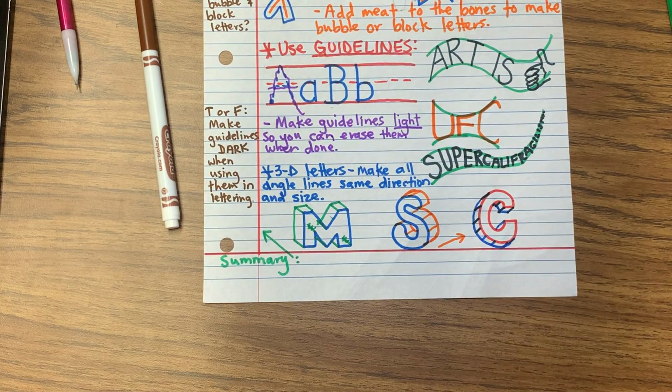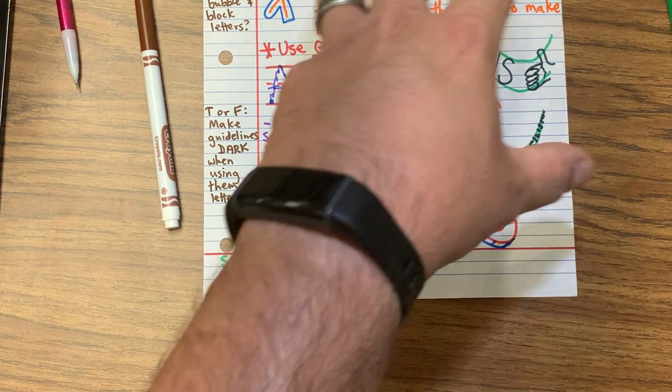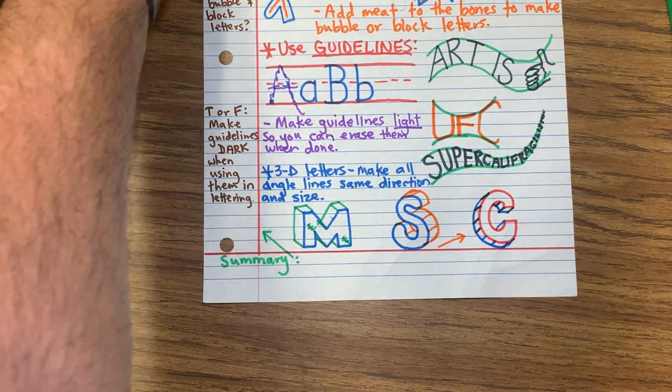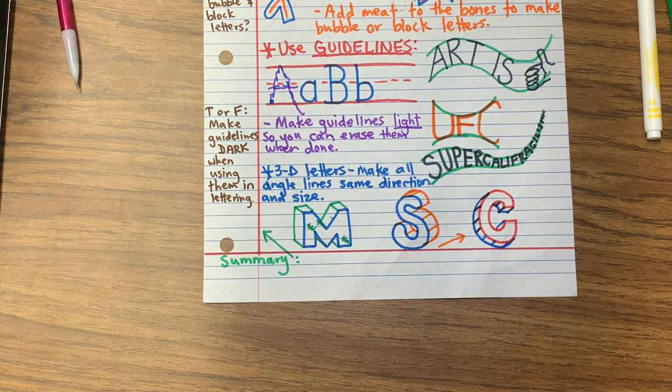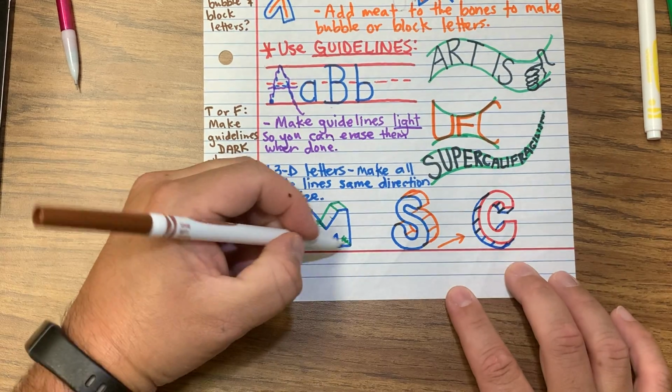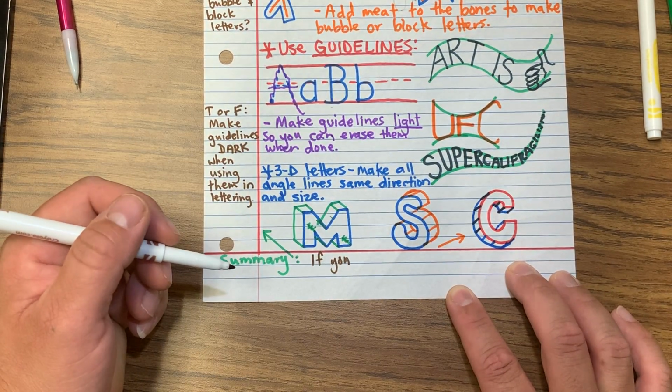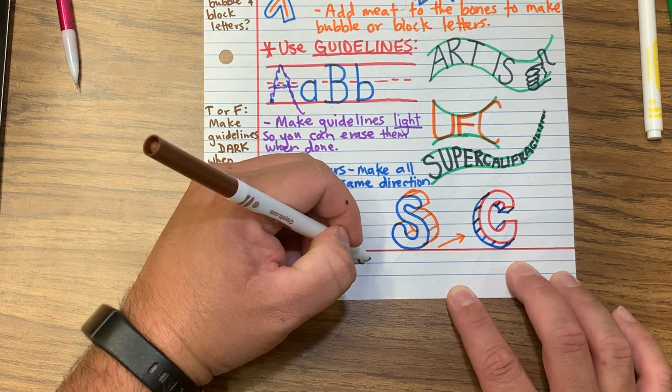As far as my summary goes, just in a sentence or 2, whatever information you had up here, you're going to try to write something in your own words that puts it all together. So for me, I'm going to go with, and you can copy this one or you can make your own,